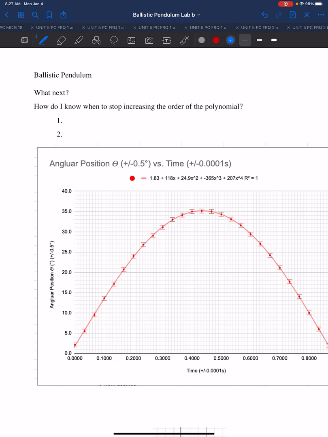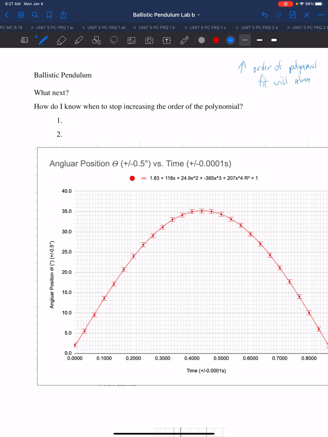So what's next? We need to hunt for a new equation. Now, looking at that last equation, it seems like it's the wrong family, like it should be natural log or inverse or something like that. It seems like it's the right equation. And so what we can do is we can tweak the equation. Now, what is true is that increasing the order of the polynomial fit